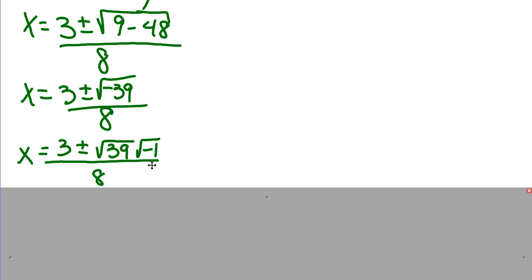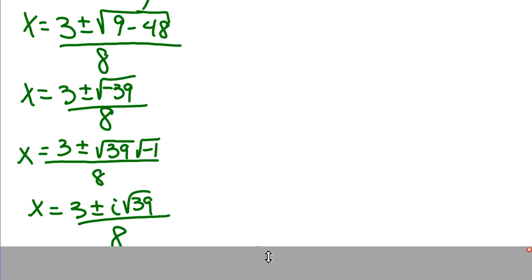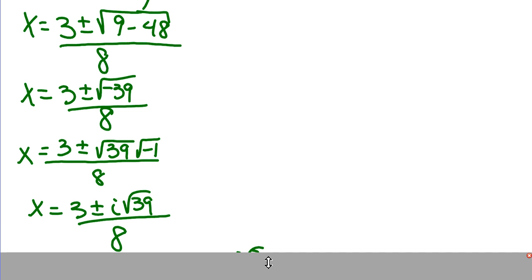Now, 39, is that a perfect square, or does it have any perfect square factors? You can look at your table of perfect squares and see where that falls, and then work your way back to 1 to find the largest perfect square factor. Unfortunately, 39 is not a perfect square, nor does it have any perfect square factors, so we're going to have to leave it as is. So here we are. We've got x equals 3 ± i times the square root of 39